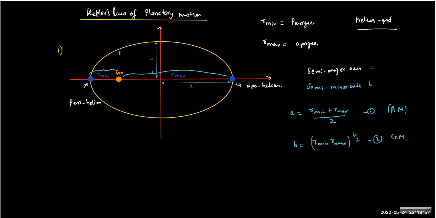And now comes the semi-latus rectum. I hope you know. This is called the latus rectum because it is the one which passes through the focus and is normal to the major axis. And half of it is called the semi-latus rectum. You can call it SLR. And what is even more interesting, the inverse of SLR is basically the harmonic mean of the apogee and perigee.